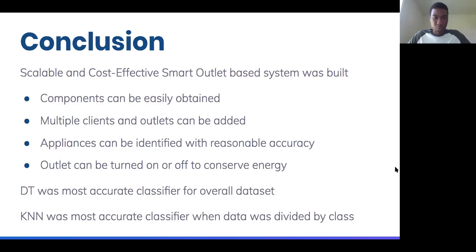And the reason why was that when looking at a much larger and more diverse data set, the DT was able to infer rules that the KNN simply could not, because the data sets were not grouped based on features they had in common. When the data was grouped by features they had in common, the KNN was able to perform much better than the decision tree classifier.